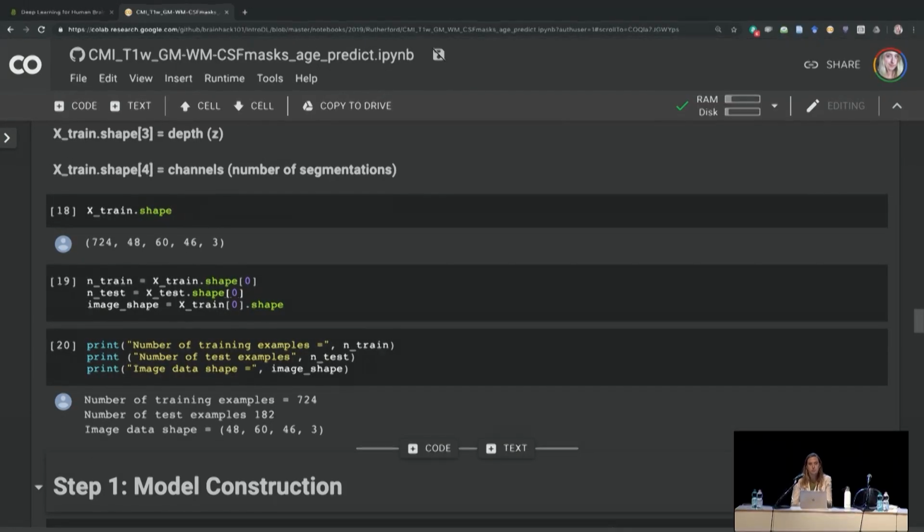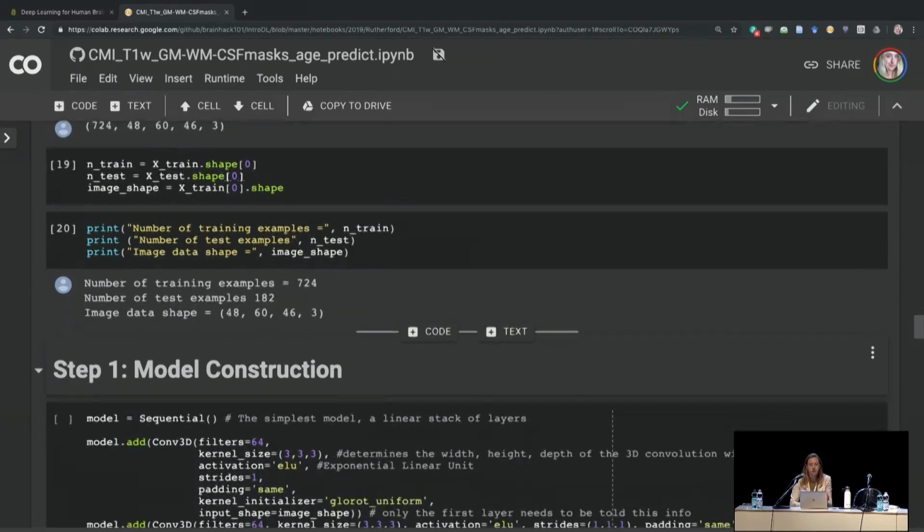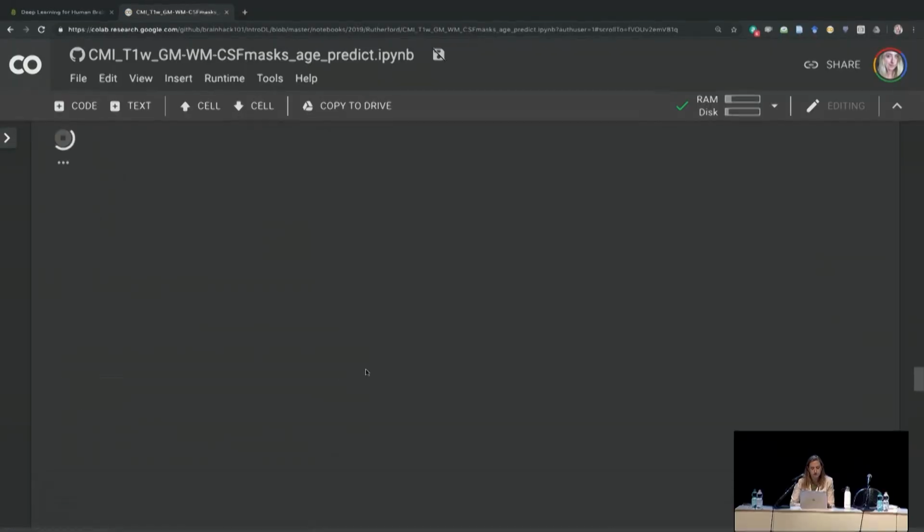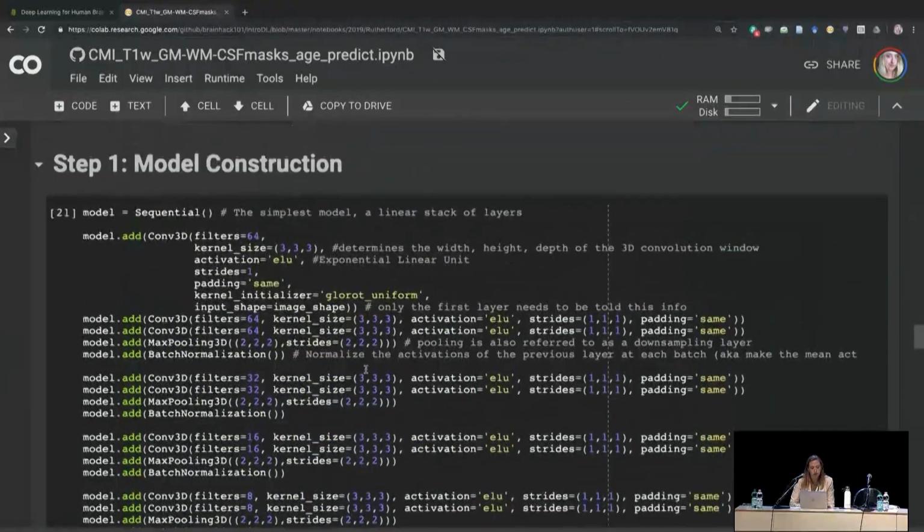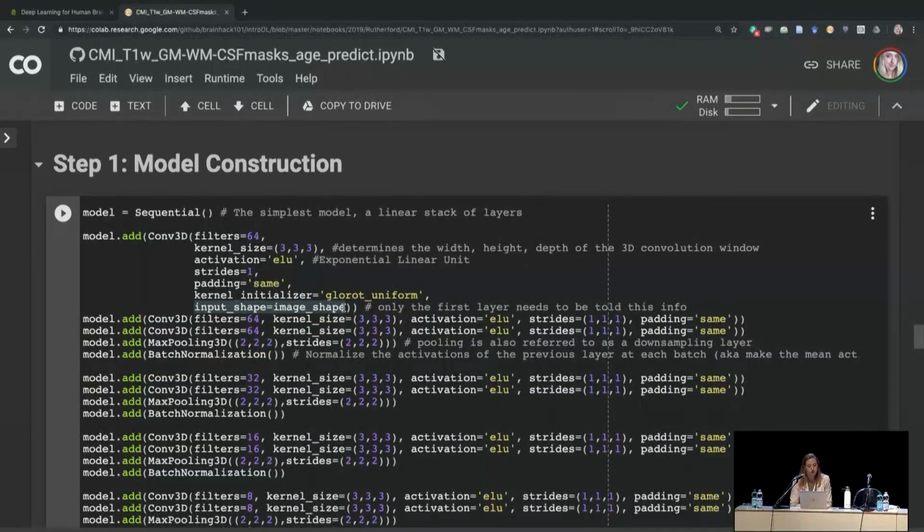And this is important because you need to specify in your model when you're building it, as I'll show you down here, you need to specify this variable input shape to the very first layer. The other layers will kind of learn from this first layer, but this is a very important thing to specify. So if you were using this with a different size data, you would need to change this to match your data.